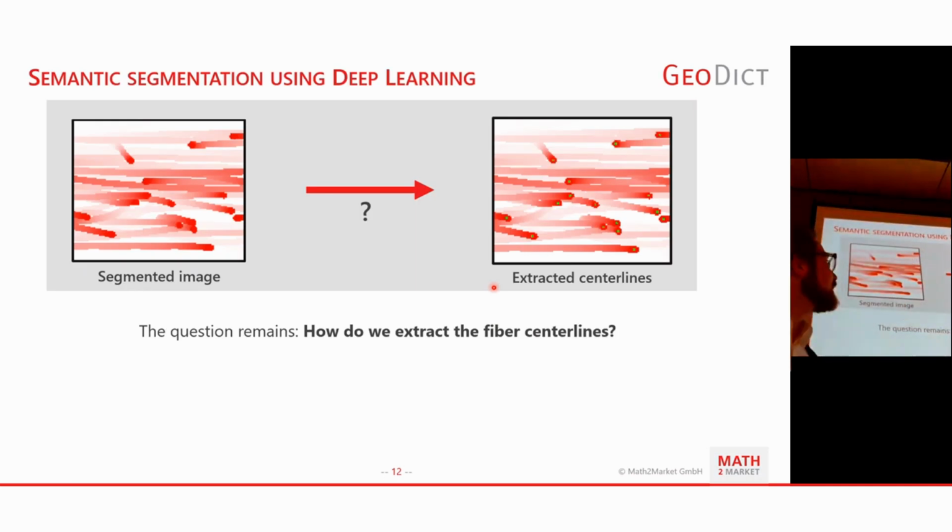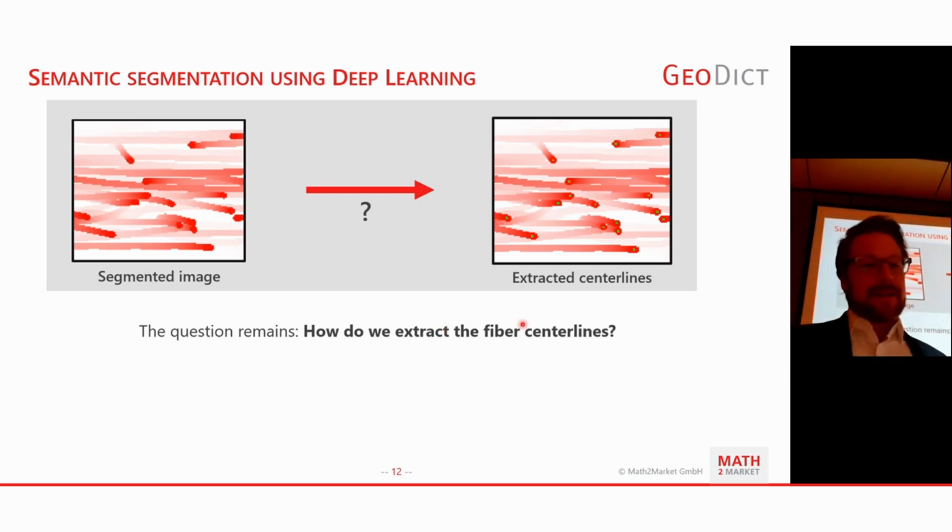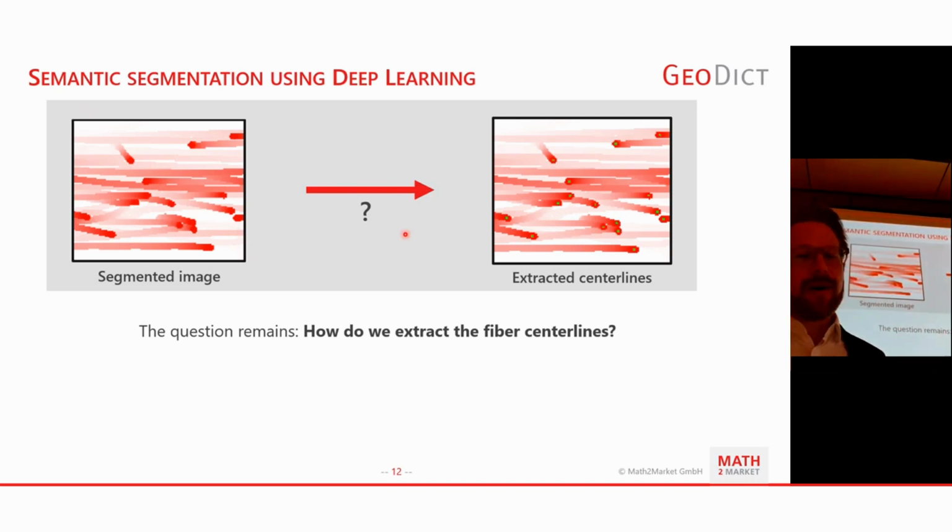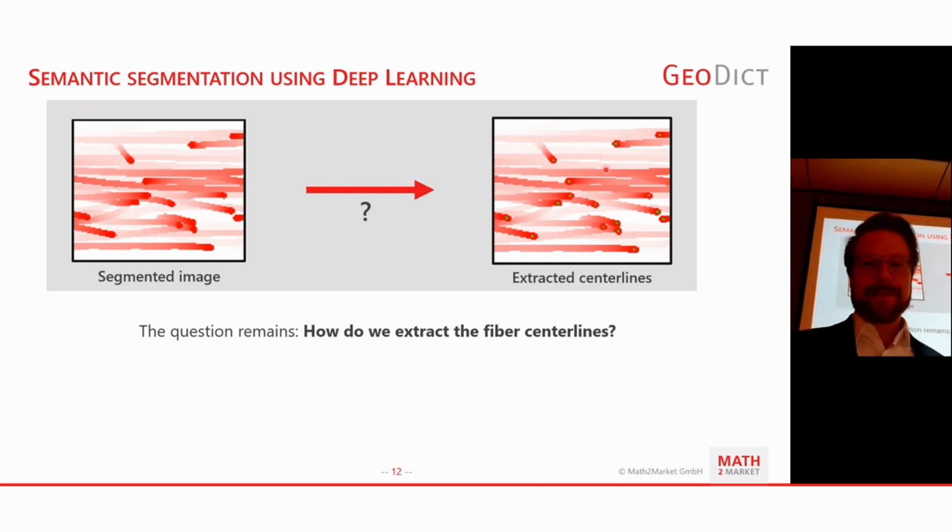So again, this is the problem formulation just for the first step. We start out with a segmented image. Segmented means two material phases: we have the void space and the solid phase. The void space here is transparent with a white background, and the solid phase is red. And now the question is, how do we get from the left image to the right image, the image where those center lines have been marked in green in an additional material phase?